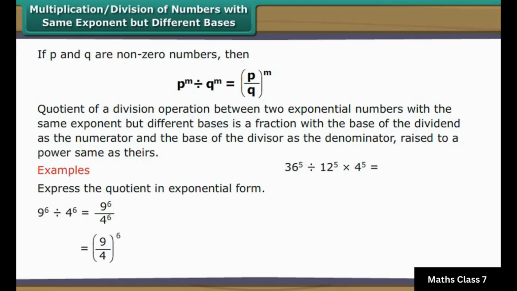the power 5 is equal to 36 raised to the power 5 upon 12 raised to the power 5 into 4 raised to the power 5, which is equal to 36 upon 12 whole raised to the power 5 into 4 raised to the power 5, which equals 3 raised to the power 5 into 4 raised to the power 5, which is equal to 3 into 4 whole raised to the power 5, which will be 12 raised to